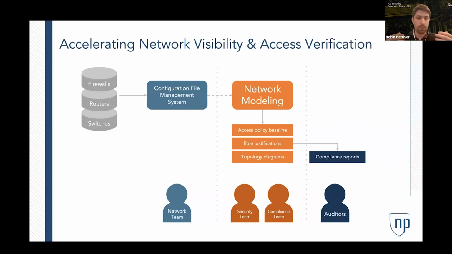That can be used then for visualization to understand your topology, as well as making sure you have a good review of your access rules, access policies, network segmentation, and producing reports for your security compliance teams, as well as auditors, in case you have internal or external audits.